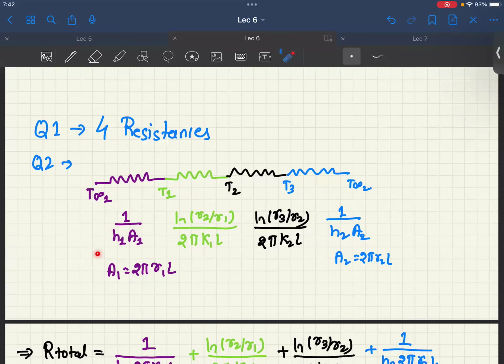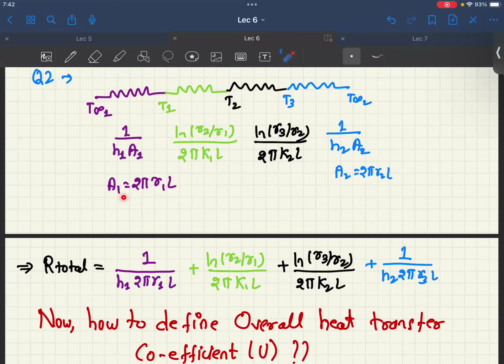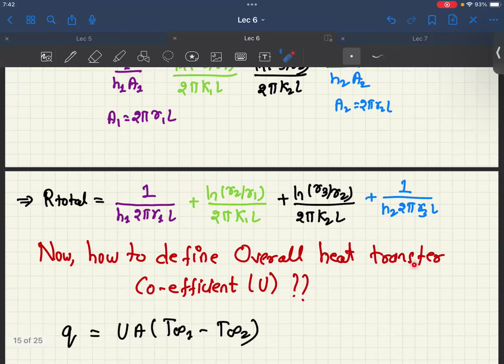And these resistances we can categorize, the resistance network is using this. तो R total क्या हो जाएगा, R total is this, ये पहला resistance प्लस दूसरा resistance प्लस तीसरा resistance प्लस चौथा resistance, ठीक है. R total is nothing but ये, where A1 is 2 pi R1 L, A2 is 2 pi R2 L. तो ये तुम्हारा overall heat transfer resistance हो जाएगा. And what we have to do is find what is the overall heat transfer coefficient,